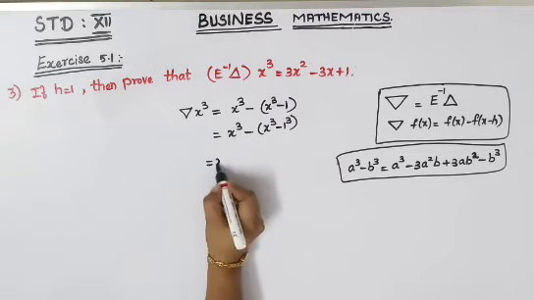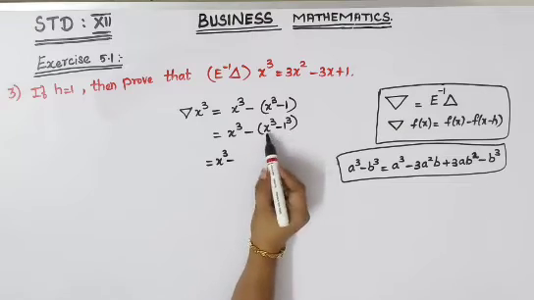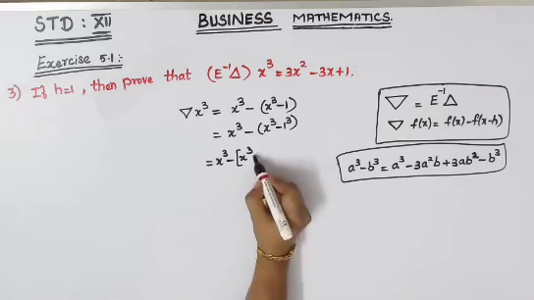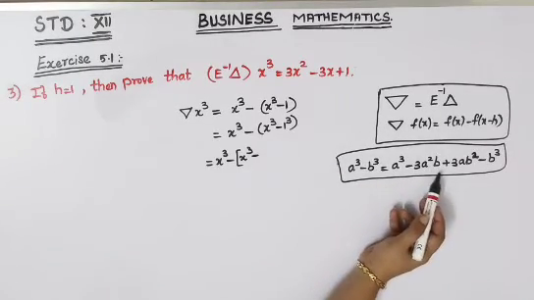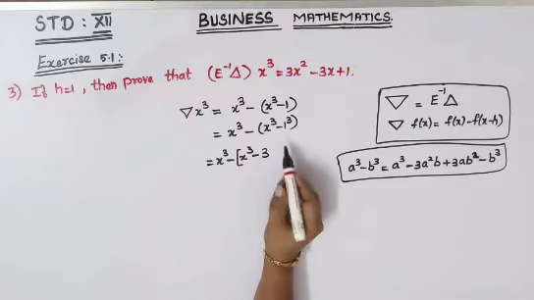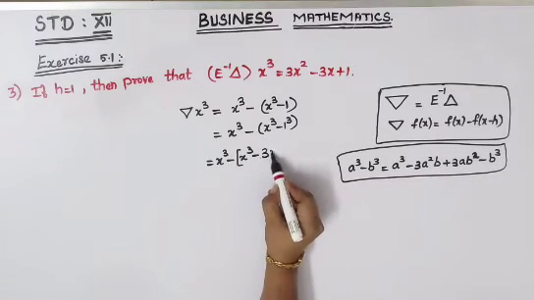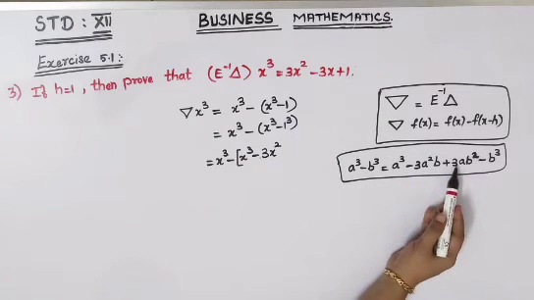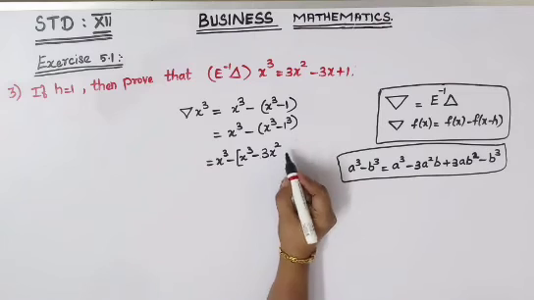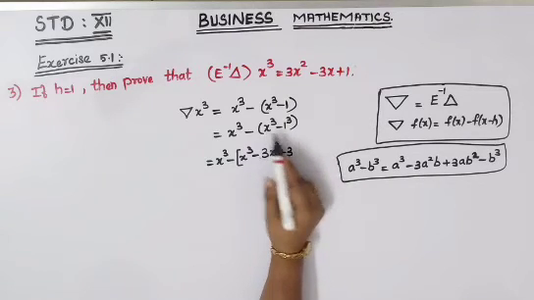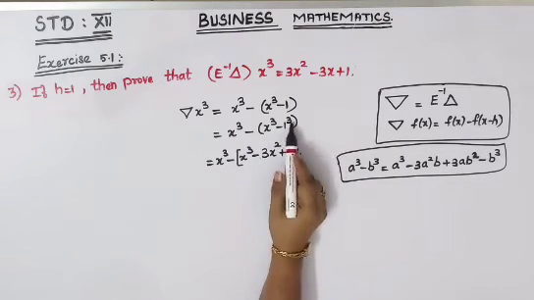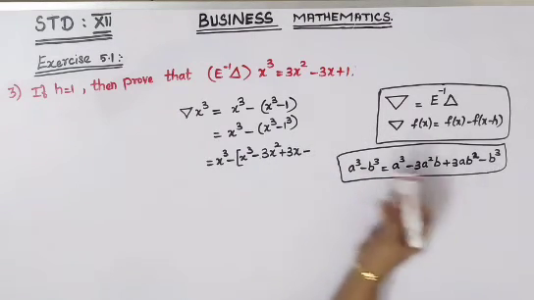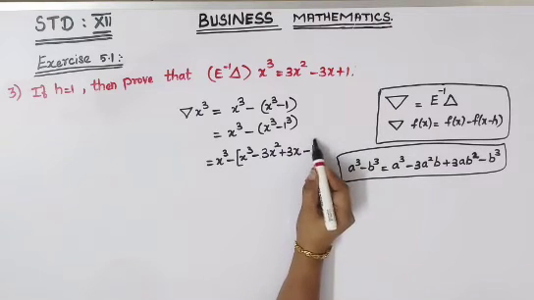So this is equal to, now just substituting this formula here, x cube will be there, minus 3a square b. So 3a square is here x square into 1 only, so you can leave it as 3x square. The next term is 3ab square, so plus 3, instead of a you write x. b square is 1 square only, so you can leave it as 3x. Then minus b cube, here 1 cube is 1 itself.